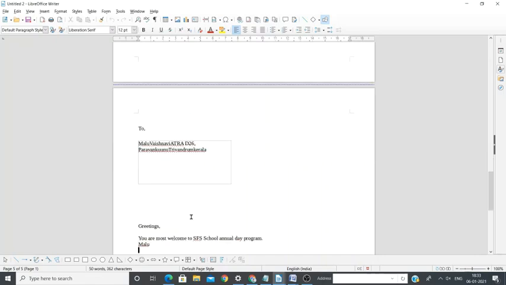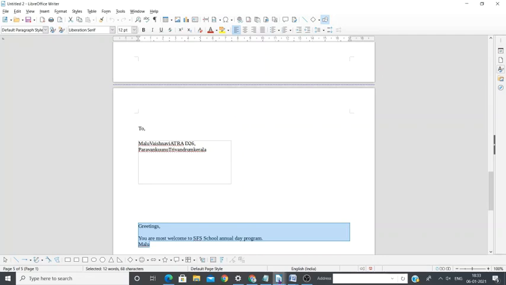So likewise, you can create as many address lists. You can create 1000 or 2000 addresses and only one content. Create the content and add the address list to the main content. You will get as many copies and you can take a printout of this. So clear? This is the way the mail merge works.